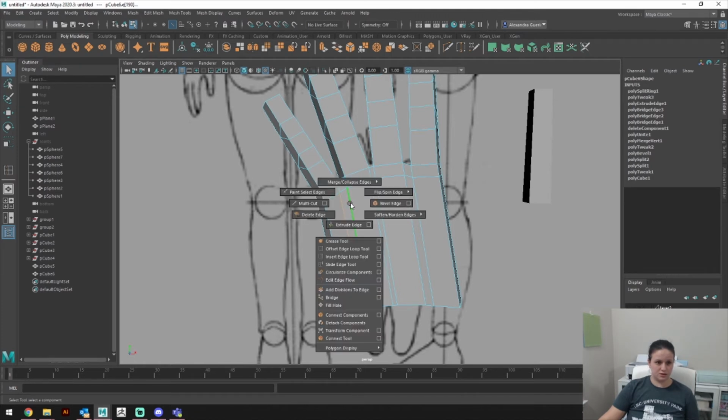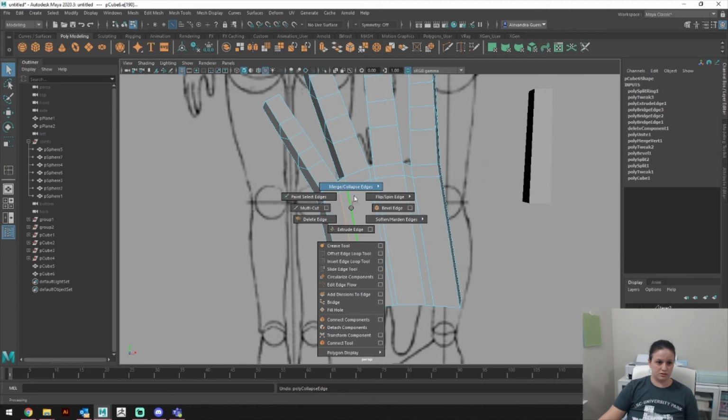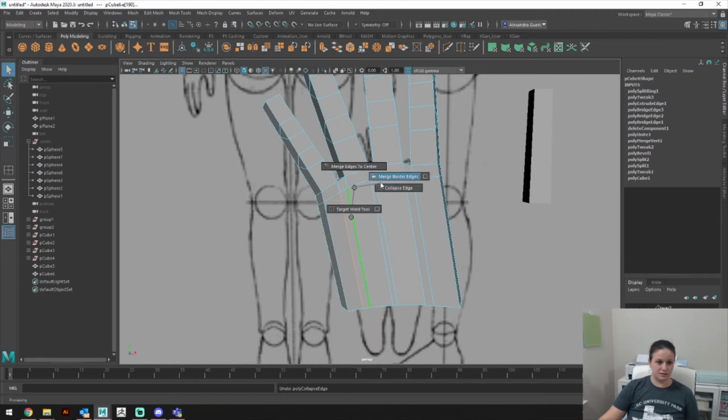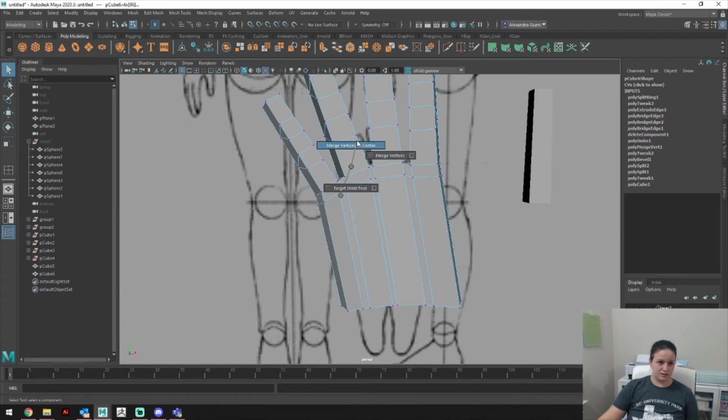click these two edges, hold Shift, merge, collapse edges, collapse edge. Oops. Merge, collapse. Merge edges to center, nope. Merge vertices to center, G, G, G repeats your last action,